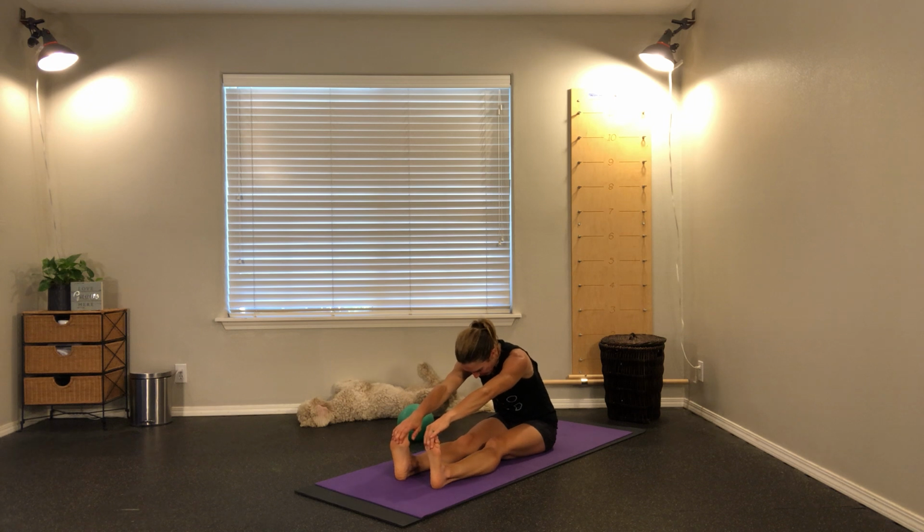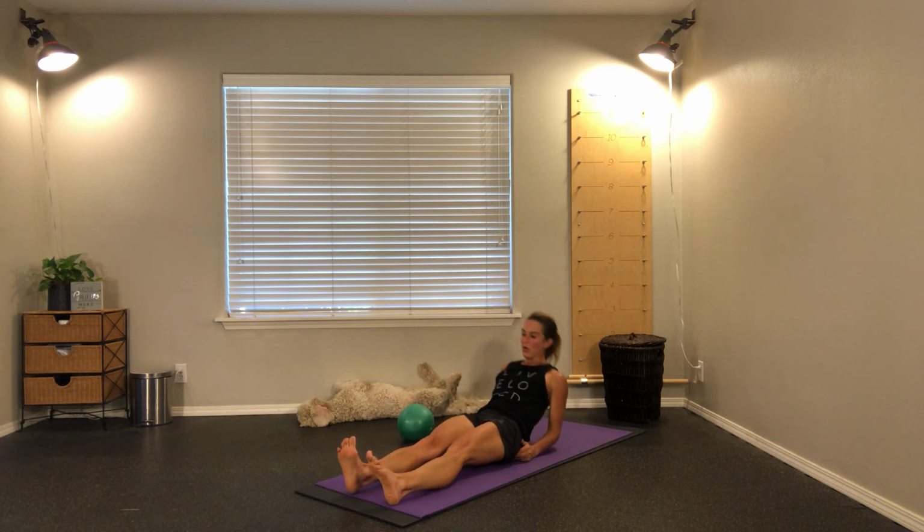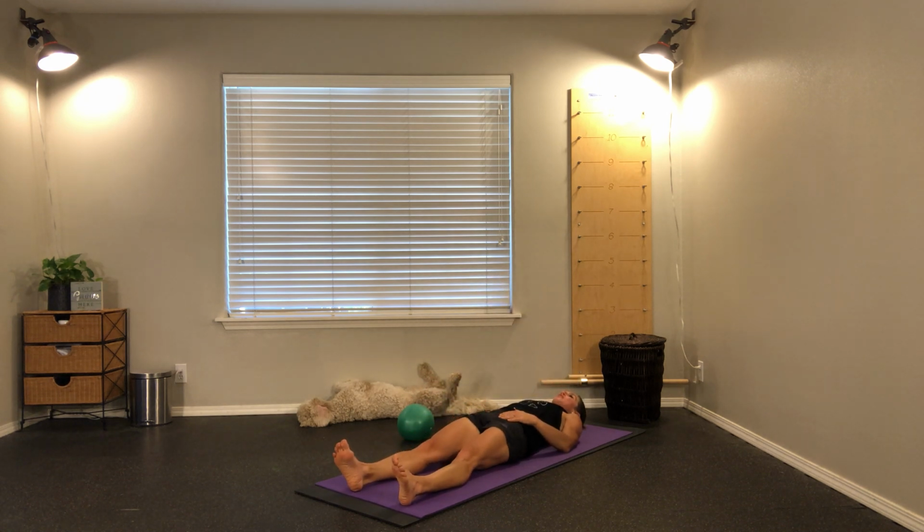Big deep breath in. Exhale. One more time, big deep breath in. As you exhale, sit up nice and tall, and once again lay all the way back. This time as you lay back, your back should feel relaxed and as if it melts a little bit deeper